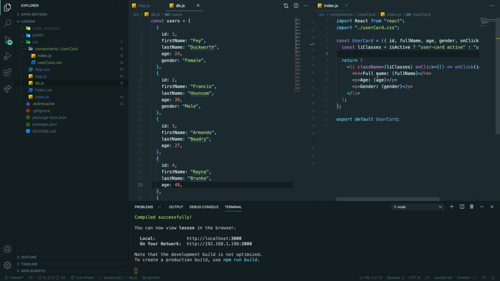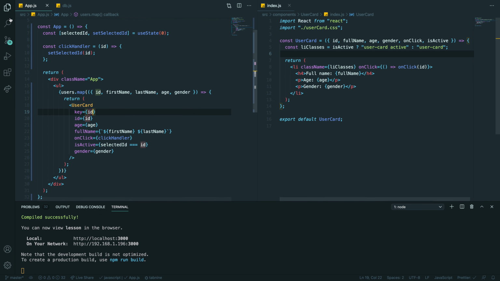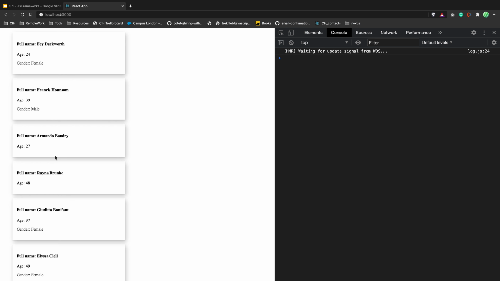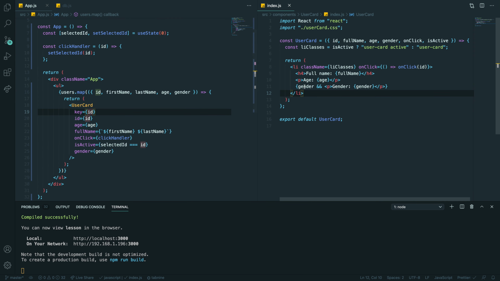So now what you can do is just check if gender, then render. So if it's true, render the P with gender. So now, as you can see here, we have gender, but here we don't, right? With a simple condition.